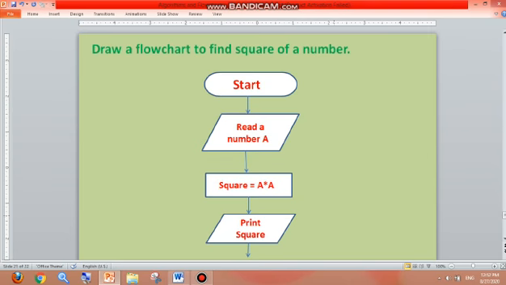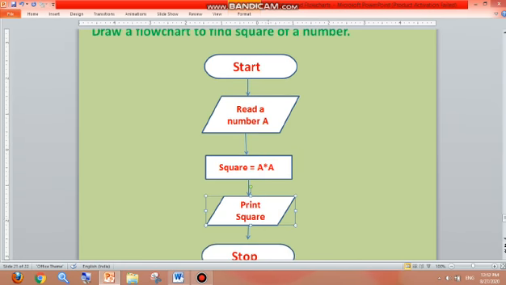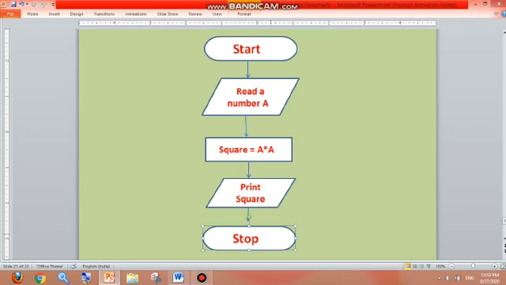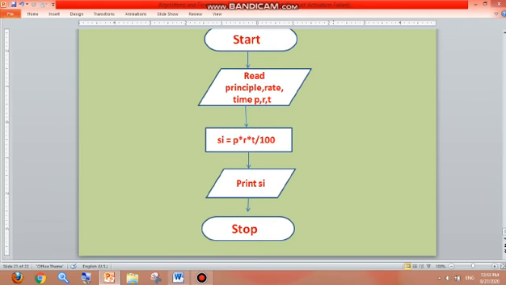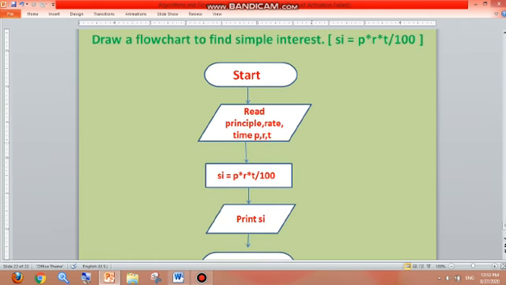Okay, children. And next, the flowchart to find the square of a number. So easy. Start box as it is. Take a number from the user using the input box. Okay, in the processing box, find the square by multiplying the number 2 times, and then using the output box, display it, and then in the last, use the stop box to terminate your flowchart. So easy. And children, let us take one last example of this simple flowchart.